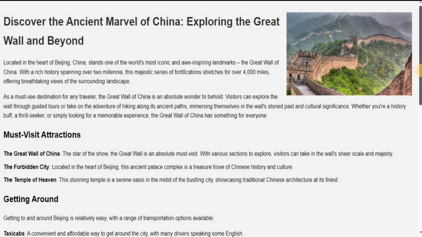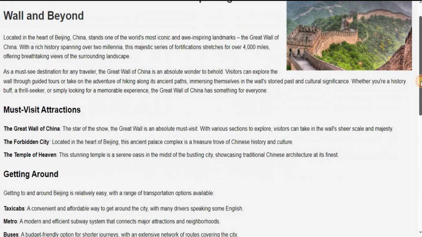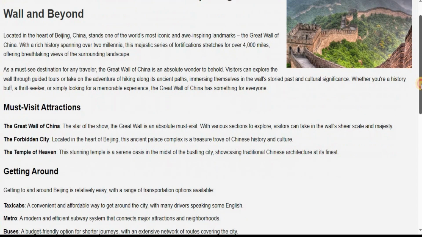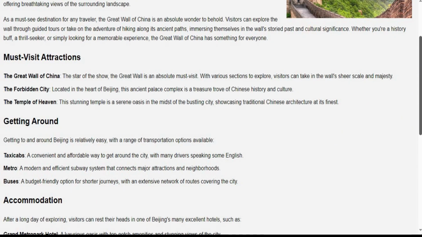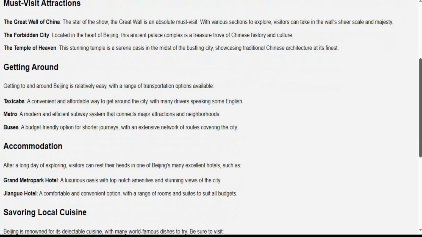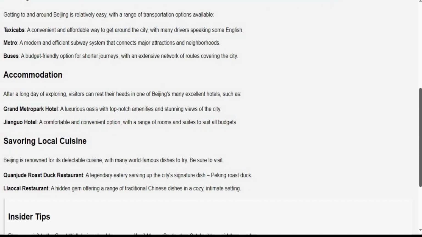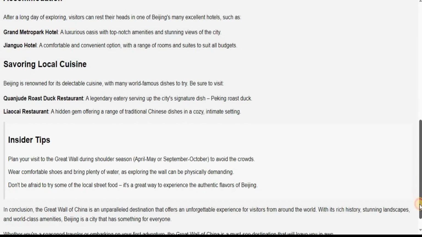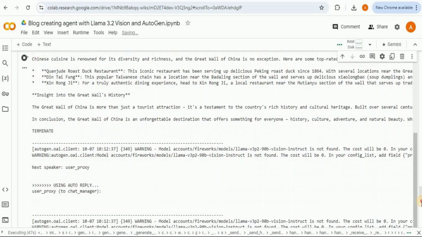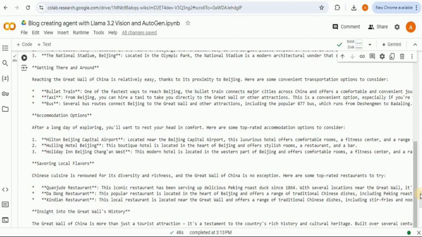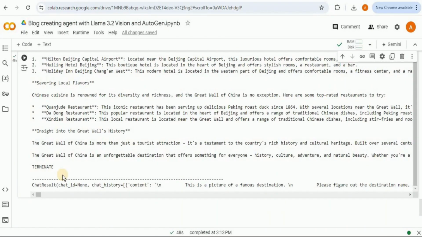The name of the blog is Discover the Ancient Splendor of the Great Wall of China. Here we have an introduction. Then we have different headings for the must-visit attractions, getting there and around, accommodation options, savoring local flavors, insight into the Great Wall's history. And if I scroll down a bit more, the next speaker is the user proxy, which is actually terminating this agent once everything is completed.